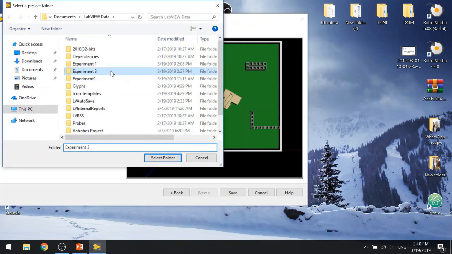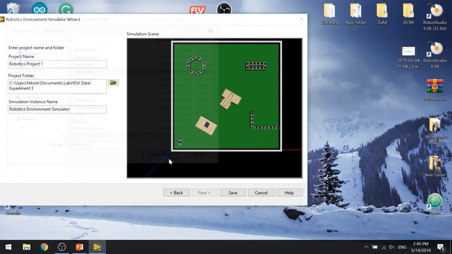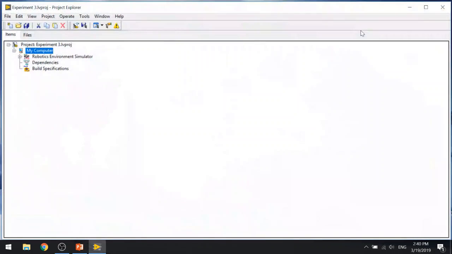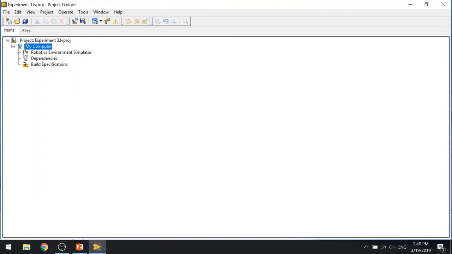And we will find our example 3 project, select that folder, project name experiment 3, and click save button. Okay,